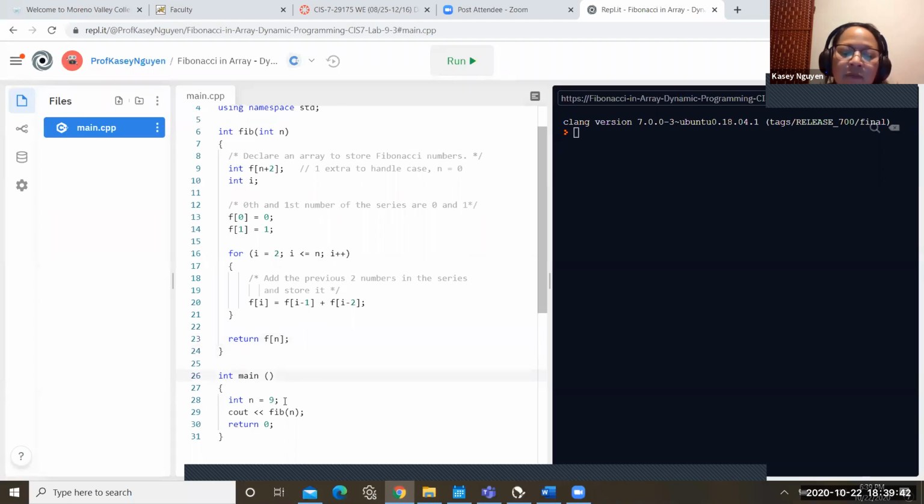And in the main, we assign 9 to n, so that puts a stop here. So it stops at 9. And then we would have it output in text. So again, we're going to get 34.